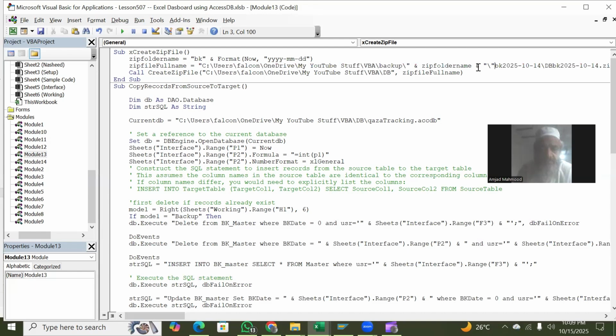So this is a zip file folder name. And that is followed by, again, zip file folder name, zip folder name, and then that is followed by